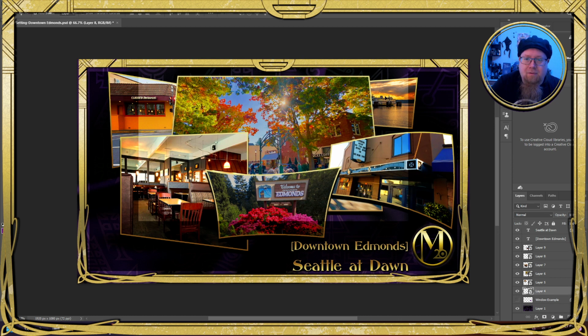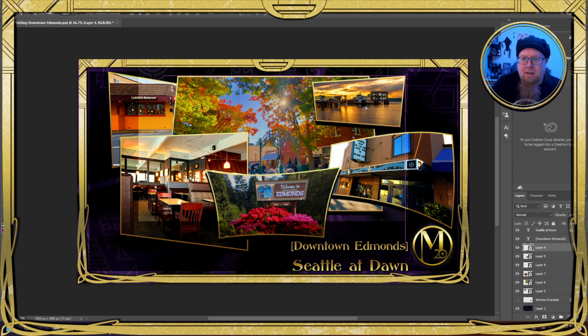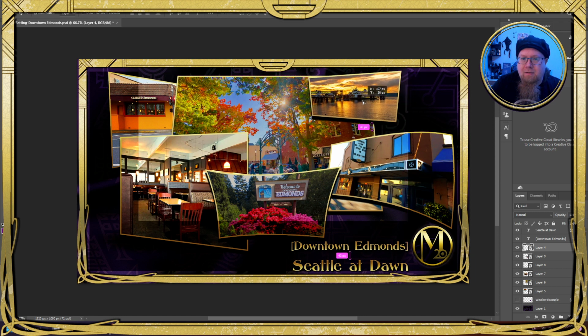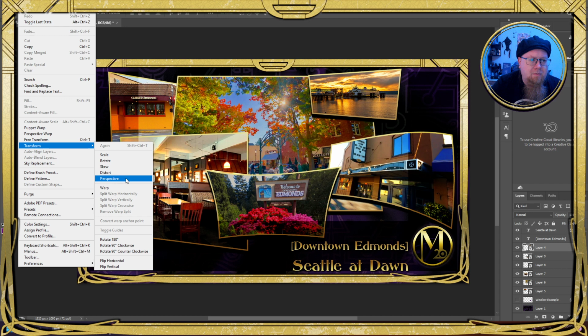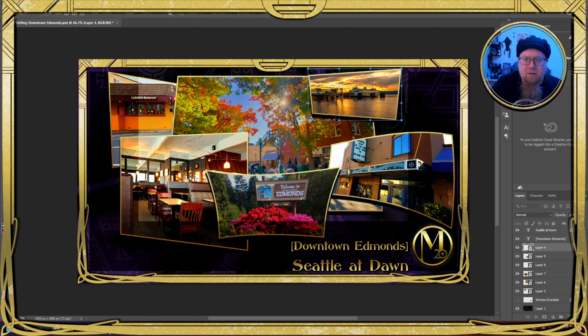So now let's grab the ferry. Now the ferry, I kind of don't like it being behind that picture. I want it to be more up front. So I'm going to bring it to the front. I'm going to have it right up here. I'm going to rotate it down a bit. And we're going to give a little bit of warping. This one I don't want too much. Just a little. Just a little bit.